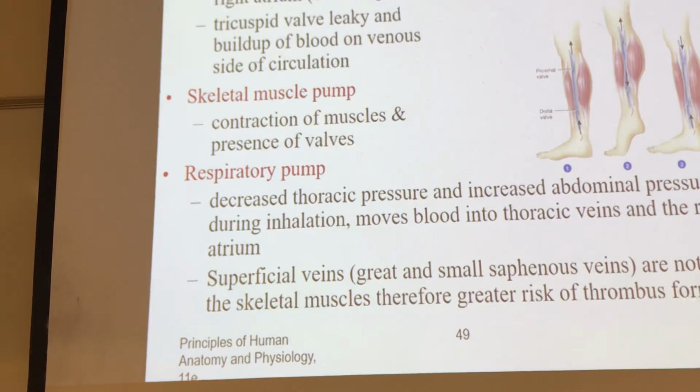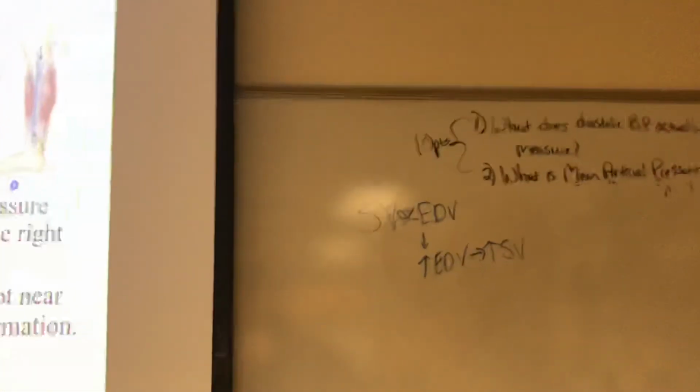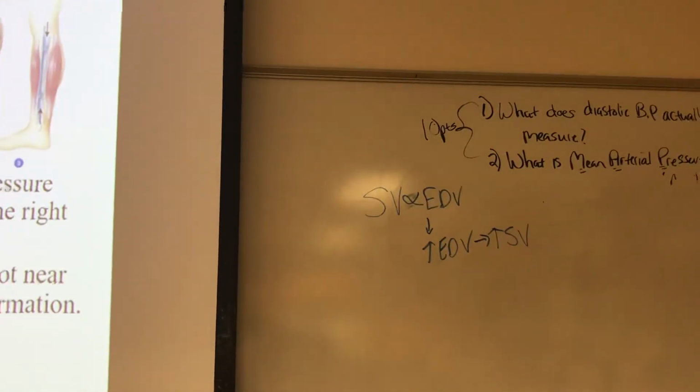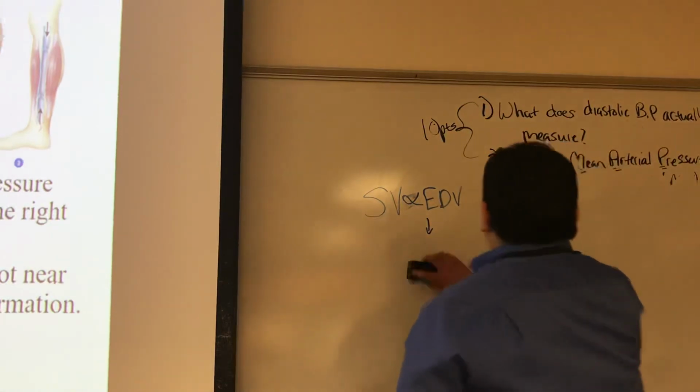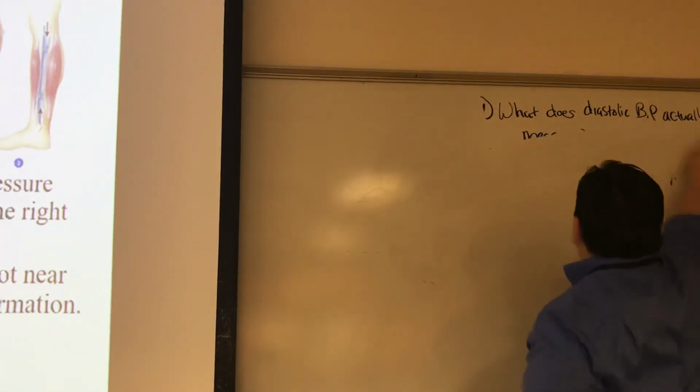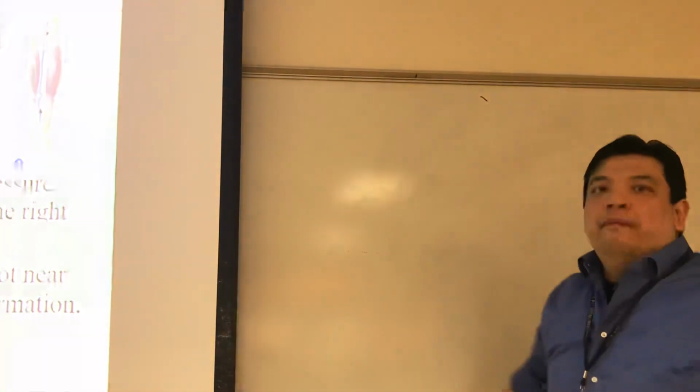Do you guys kind of understand the skeletal muscle pump? That means that the more you contract the muscle, the more you go up segment to segment. Once you get to the inferior vena cava though, we need another pump to bring it up. That's the respiratory pump. And the respiratory pump is going to be very dependent on a law that some of you might know and have heard about. If you've had chemistry or physics, you might have heard of this law. That law is called